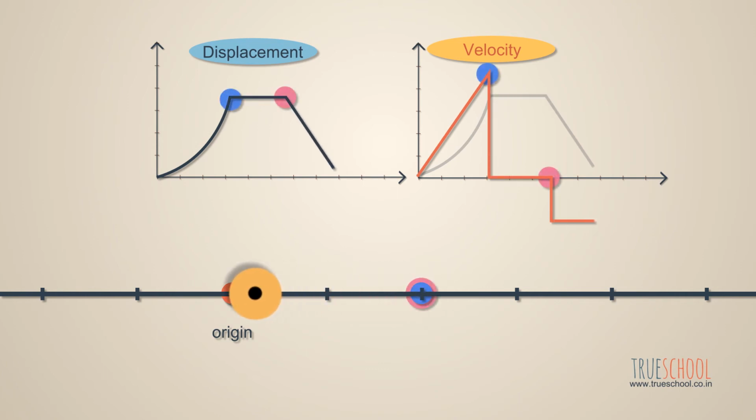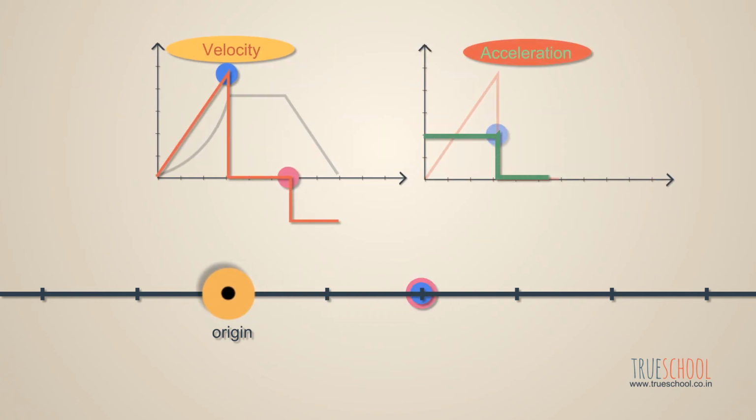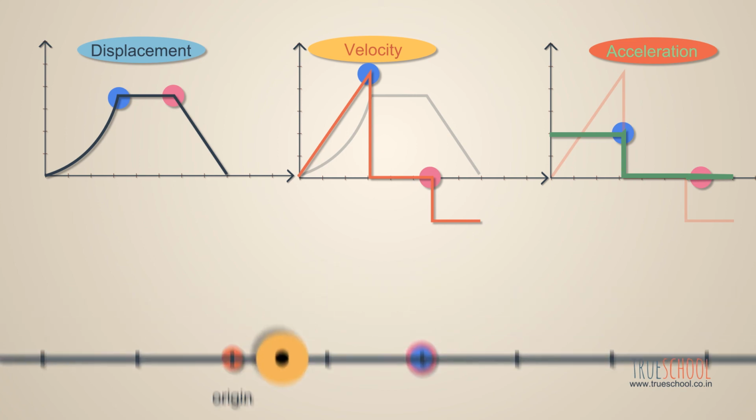So we can again plot a graph of velocity versus time and find the average rate of change of velocity from this graph. Yes, and not only that, we can also find the instantaneous rate of change of velocity. We call it average acceleration and instantaneous acceleration by finding the slope of the tangent to this curve at any point. You mean by differentiating this curve again? Right. So if we differentiate the displacement versus time twice, we will get acceleration.